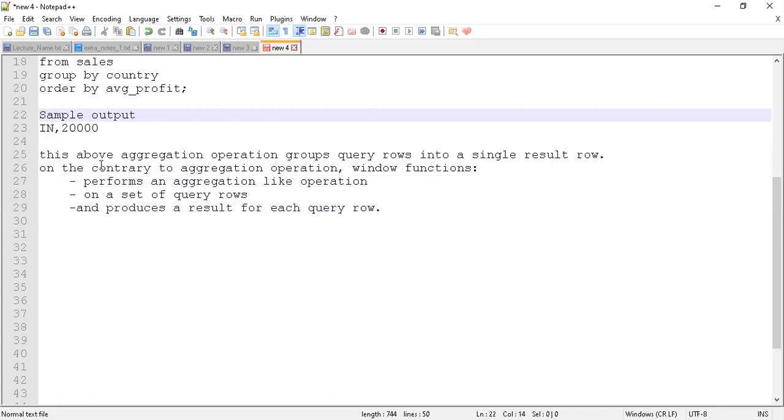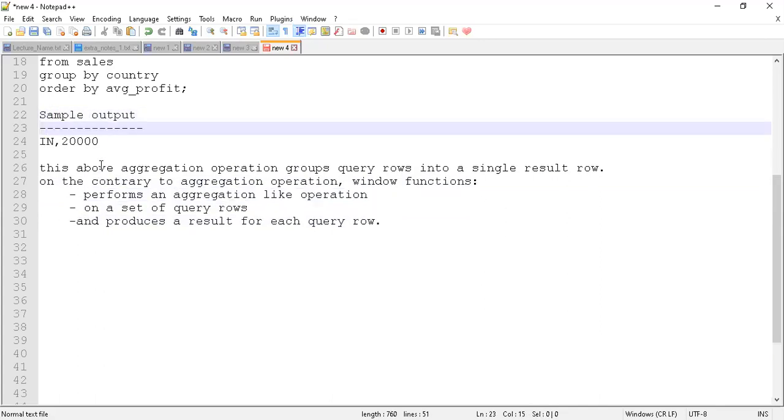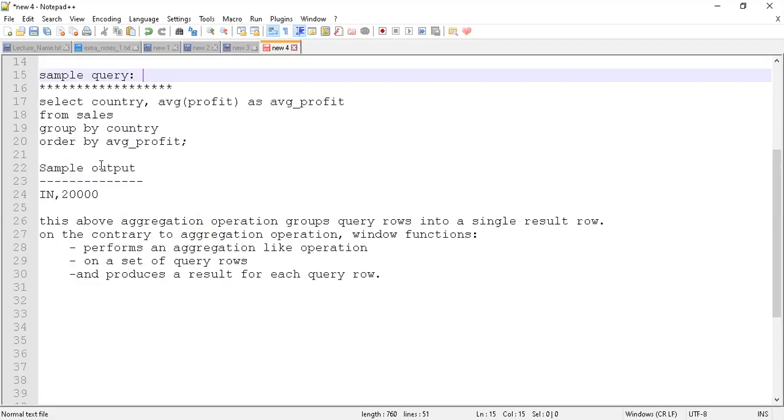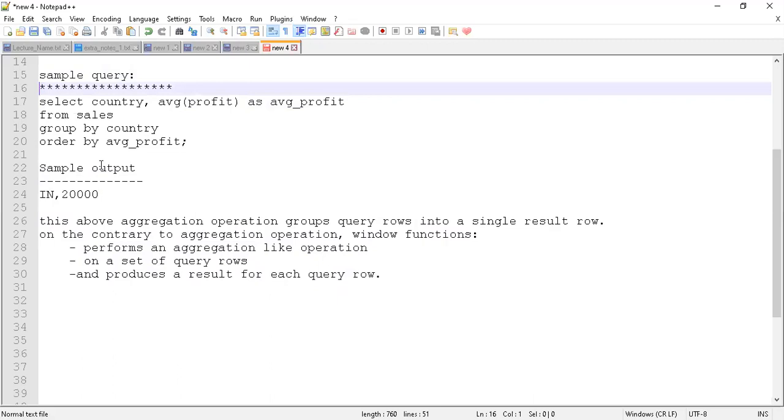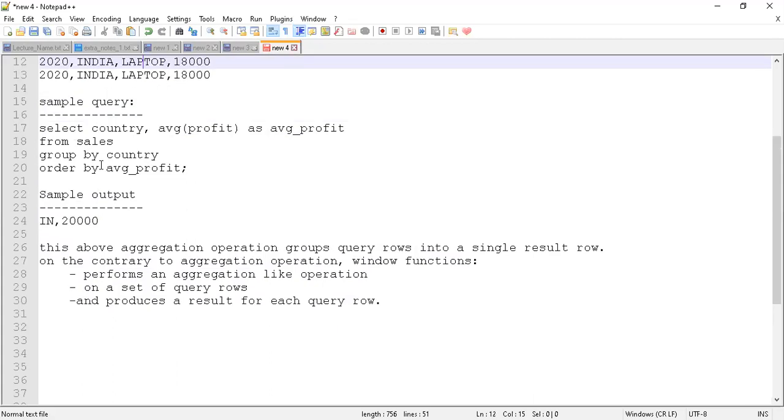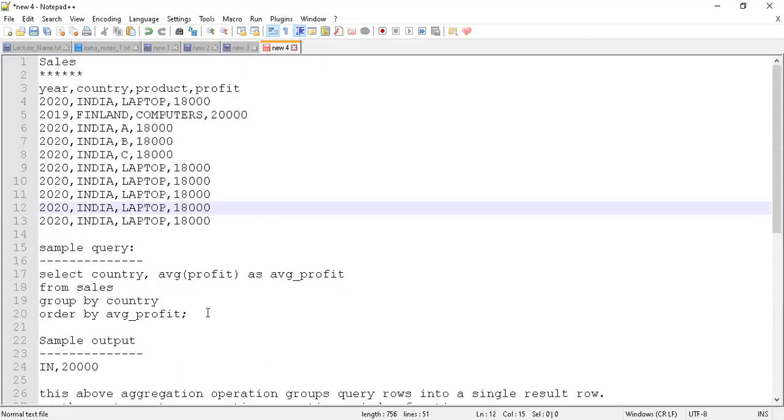If I execute the above query, maybe I'll get a line something like this. But rather than doing this in one single line, a window function is going to output 20 lines, or in other words, it's going to return the same number of rows which is evaluated by this query or its conditions.